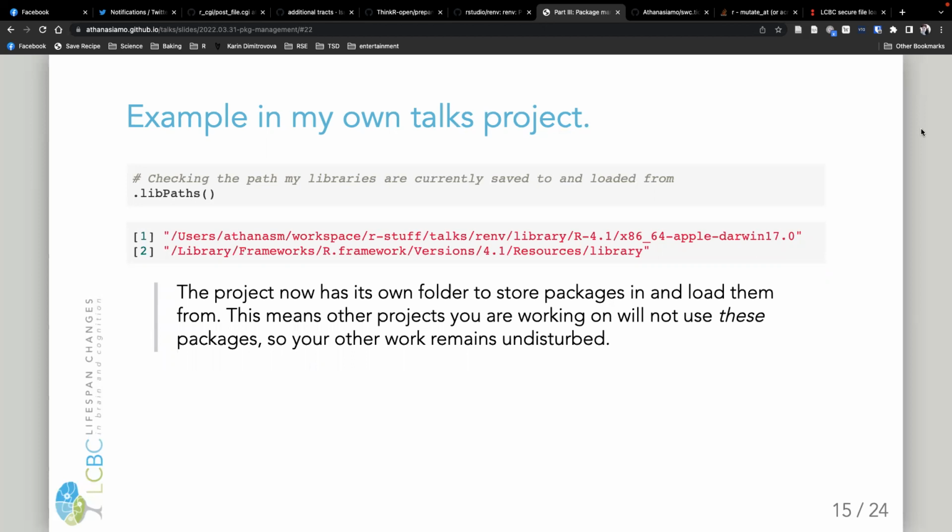The top one is the first place this project will look for a package, and then it will look in the second one if it can't find it there. And this is actually within a subfolder of my talks project. You've seen this talks path before if you've been in this course before; this is where my talks folder is. So it's actually stored all the packages in that folder specifically. And it means that if I update the packages in this project, it will update the packages in this folder